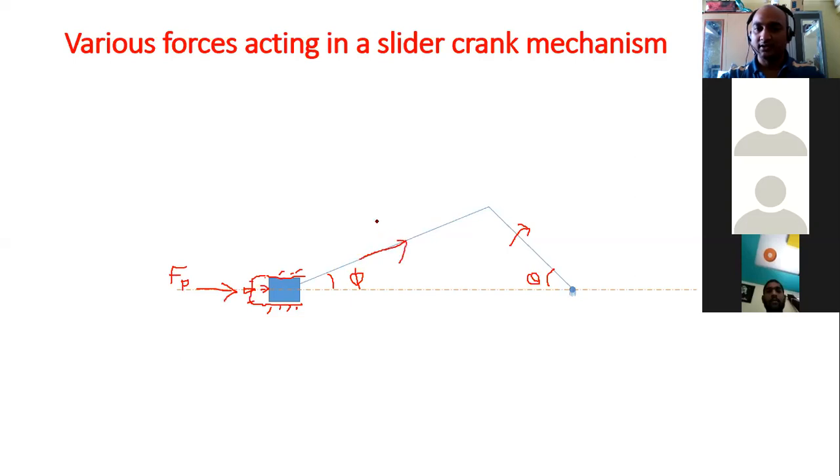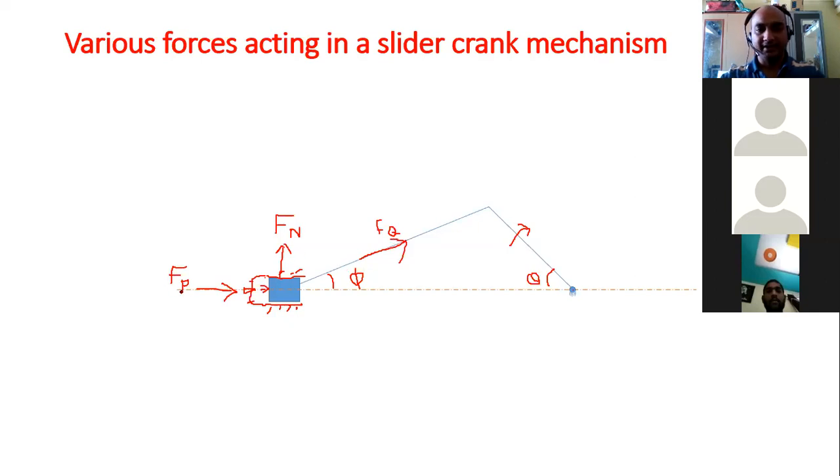This is called the connecting rod. Let us say that force is Fq. Fq is that force which is going in the connecting rod. One force will be here, which is acting. When the piston is moving to and fro, it will also exert force on the cylinder walls. So this is the cylinder wall, or cylinder bore, so it will exert force here also. This is your thrust force or normal force, normal to the cylinder walls, let us say Fn.